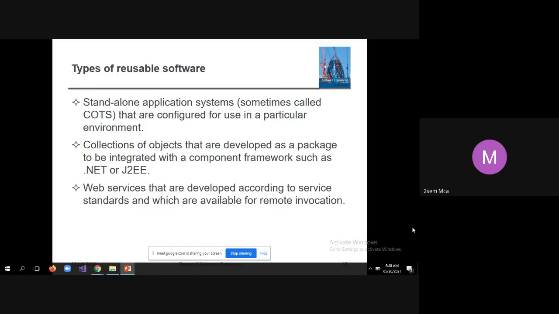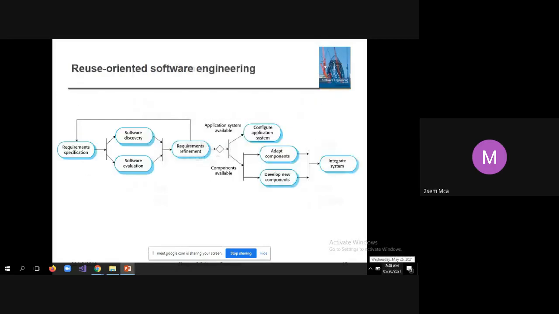Google Classroom, GCR, that's an example for web service. And Google Drive, that's the storage facility, isn't it? Storage means it comes under infrastructure, that is infrastructure as a service. Okay, these are all examples for reusable software. And it supports remote invocation, that is very important. That supports remote invocation.